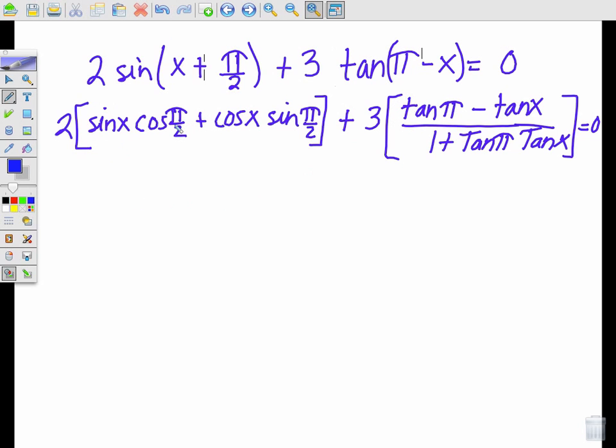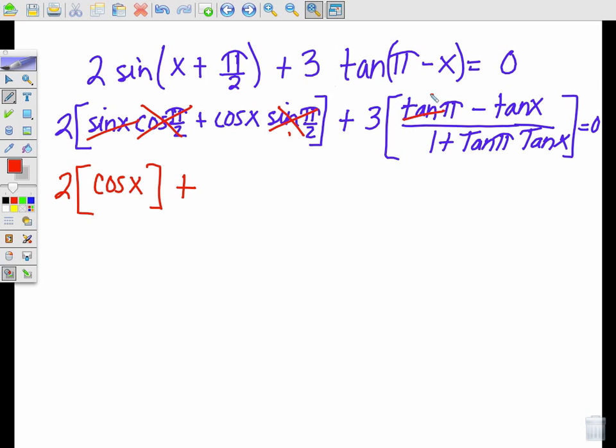All right, here I go. To simplify some of this, well, cosine of pi over 2, let's go right here. This is 0, so I can cross that out. That's equal to 0. And sine of pi over 2 is 1. So here I've got 2 sine of x times 0, which is 0. So that's all going to be crossed out, and I've got 2 times cosine of x